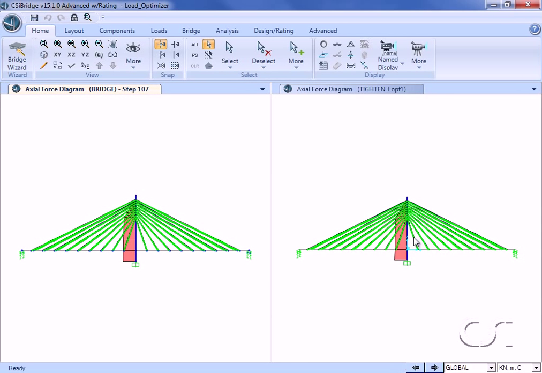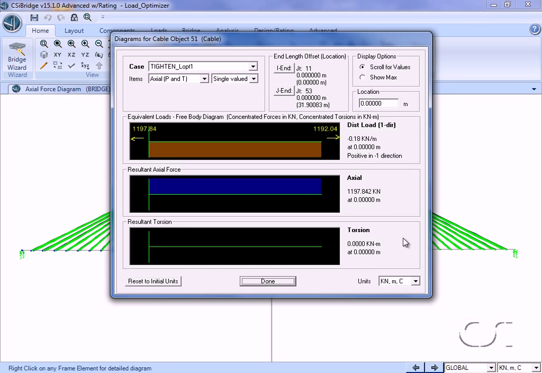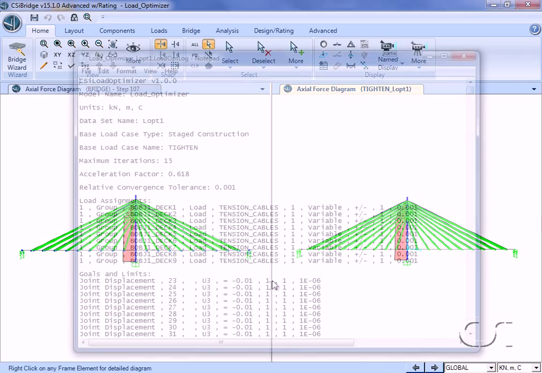While after the optimizer has been run, the axial force has increased to 1,198 kilonewtons, showing that the tension in the cables was adjusted to achieve the target displacements in the deck.